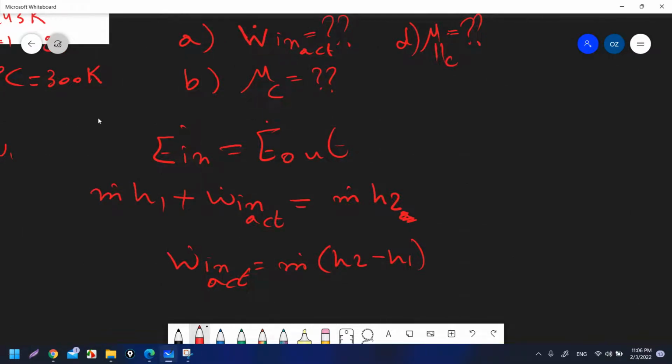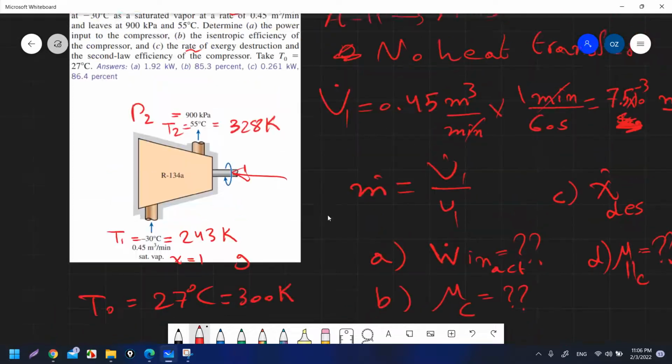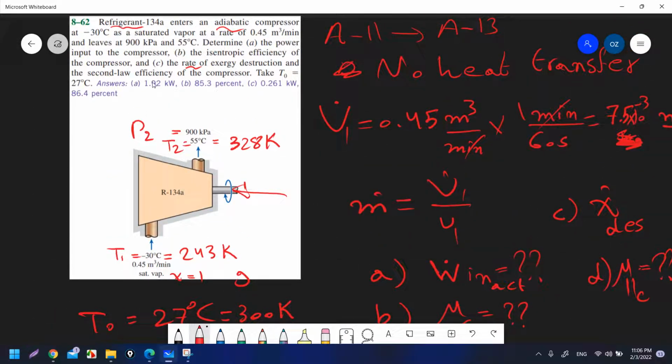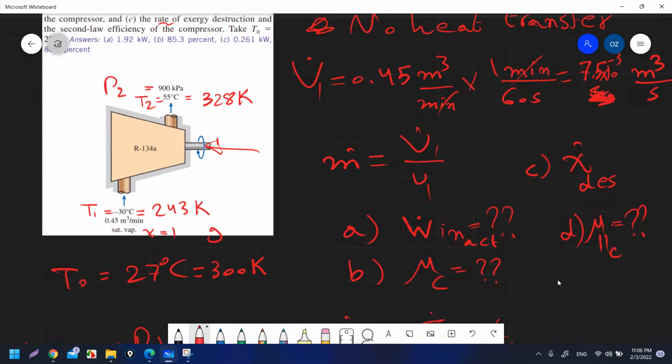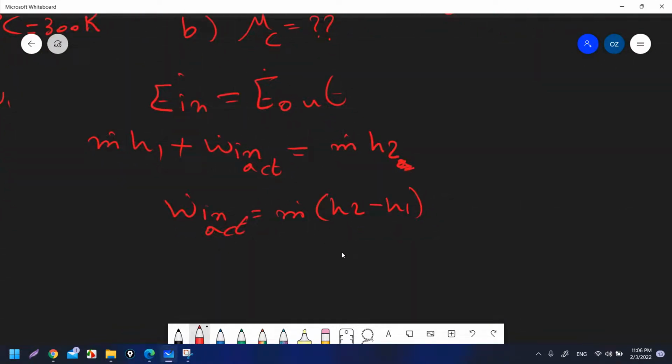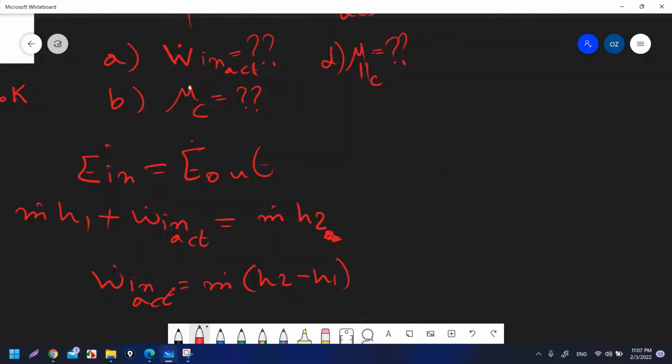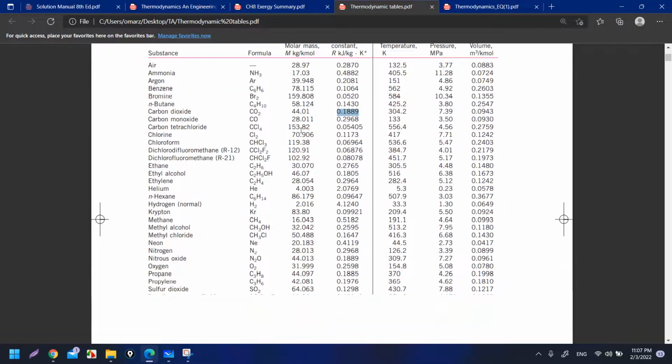isentropic efficiency, when you see isentropic efficiency in the statement of the question, or in the requirement of the question, this means that this question is about an actual device. Okay, and you cannot solve an actual device without solving the ideal one first. This will be the usual approach if you face any actual cycle in the next chapters, inshallah. You have to find the ideal one, then find the actual one. Why? Because the isentropic efficiency is a relation between the ideal one, or the isentropic one, with the